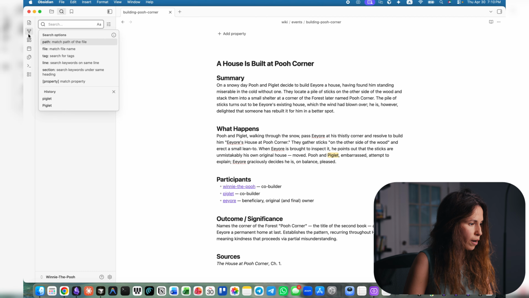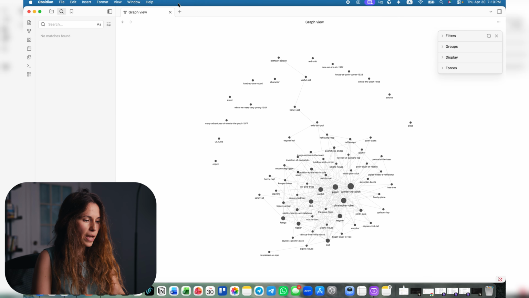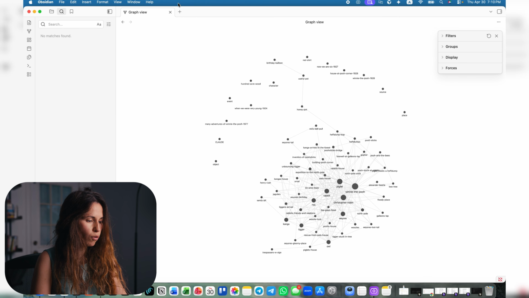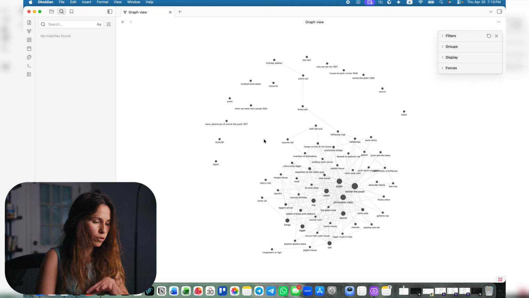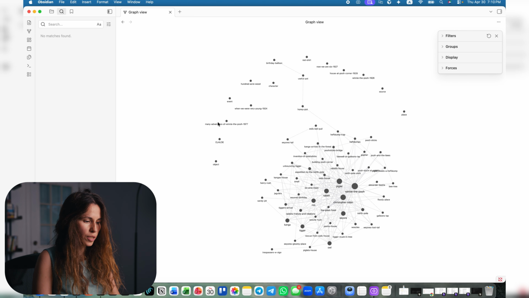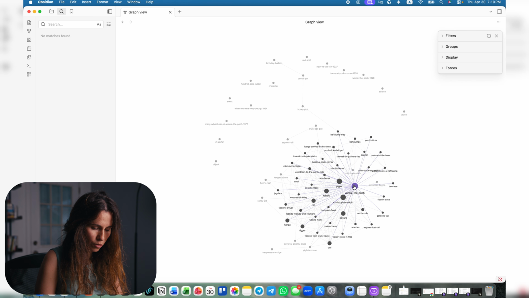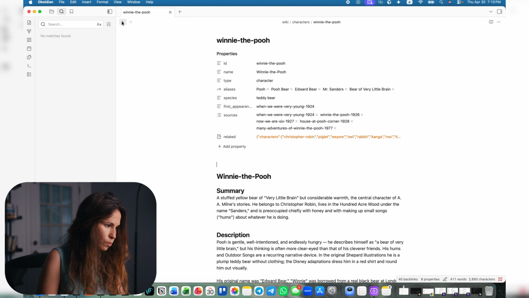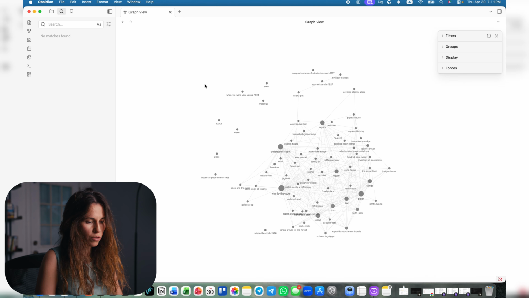Second, the graph view. Obsidian maps every internal link in your vault and shows you the shape of your knowledge as a network. Files that reference each other appear connected. Clusters emerge, orphans show as lonely dots. You start to see your thinking as a map, and you can click those dots as well and get a closer look at the file.